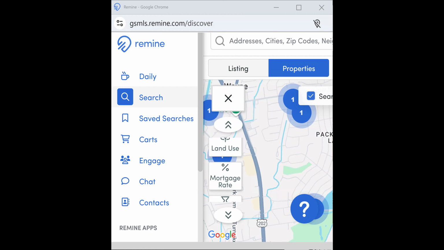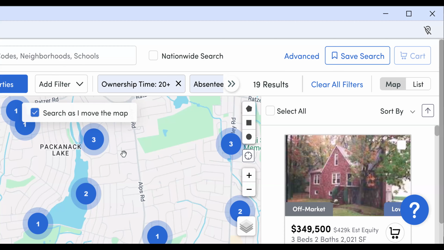All right, I'm just gonna keep it right here for now. Again, we can still see the map, right? Again, I narrowed it down to about 19 results from that search that I did with, again, ownership time frame 20 plus years. And then these are absentee owners. I did in-state absentee and out-of-state absentee. And again, if they're just looking in Packanack, I have